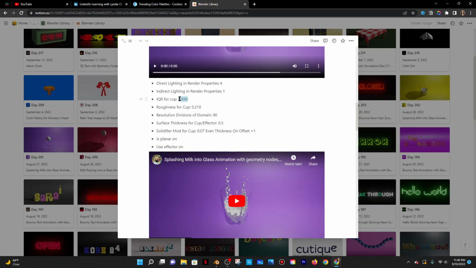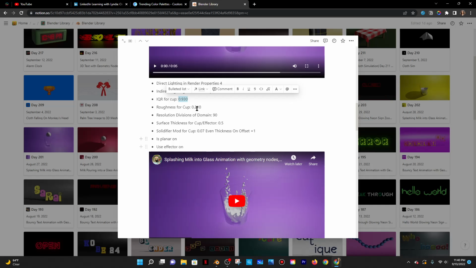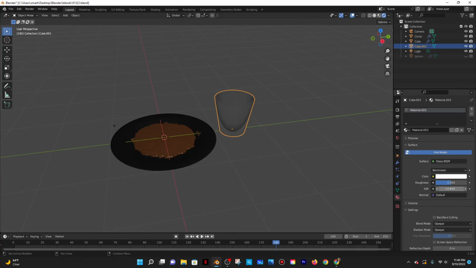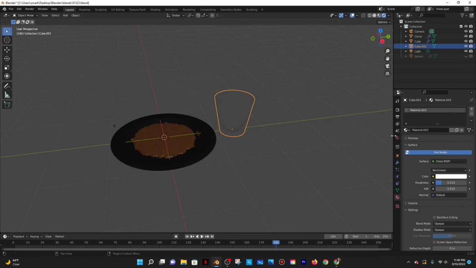Okay, so IOR 0.930. Let's put that in there. And then roughness for the cup 0.10, 0.210. Okay. And then resolution of 90, surface and so on. Okay, that's okay, whatever. So now, in order to actually see the glass effect, I would first have to add